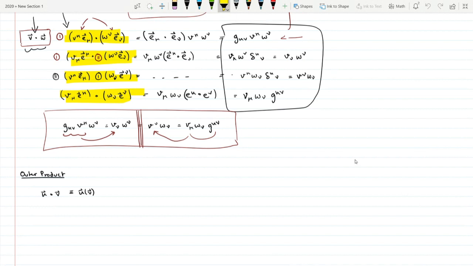What this says is that u is a linear function that maps its argument to a real number, such that this is the map. So can everyone see why I've written it this way? This is notation from analysis. I said that u, which is a vector, is a linear function that